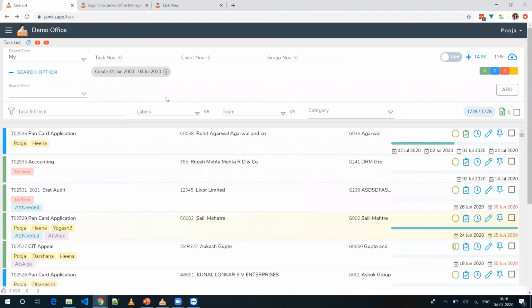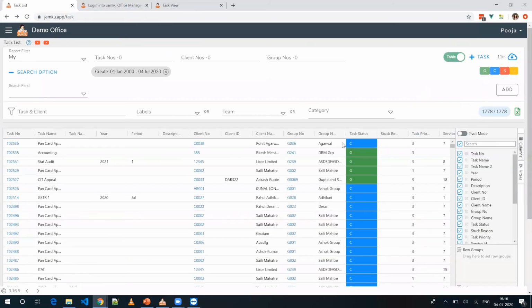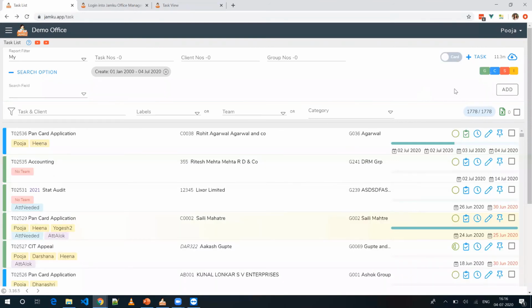So these are just a few options of applying filters. Obviously, for more options, you can refer to these YouTube videos which we have put over here on the same page. The link is given. So you can refer to that and get to know about the other filtering options. Now on this page also, you can toggle the switch and switch to the table format as well if you require.